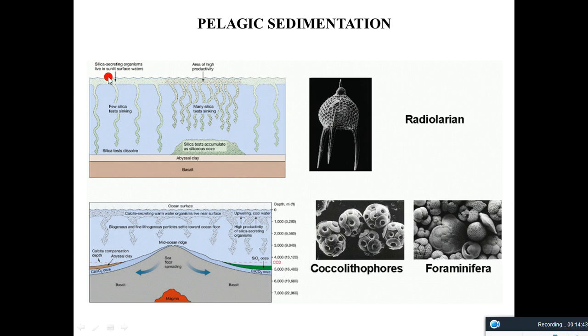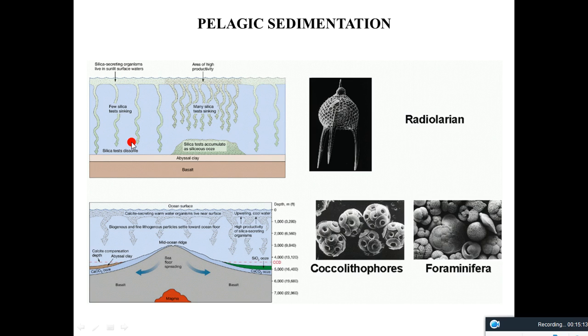We can also understand one more thing. You know about chert, right? Various chert deposits are found in the ocean. So it is said that the silica secreting organisms which live in the sunlit surface waters, when they die, they sink, the silica dissolves and it gets deposited. Okay, so we can understand how chert is formed